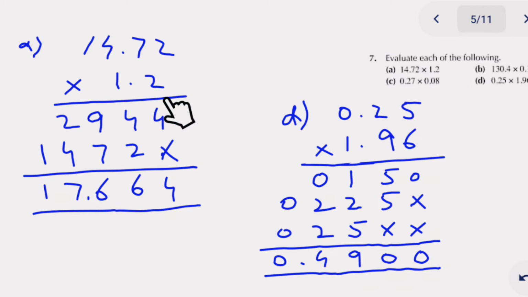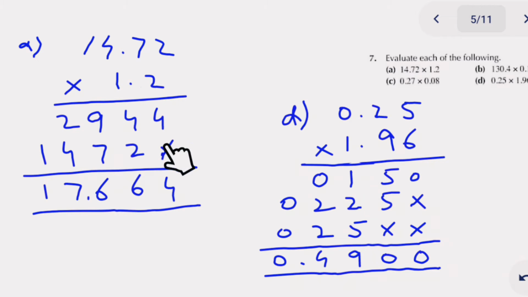In this question we have to multiply the two numbers, and the two numbers are carrying the decimal. So 14.72 is multiplied with 1.2. So when we multiply, like simply what we do in a simple multiplication, like 2 twos are 4, 7 twos are 14, 4 and 1 is carry, 4 twos are 8, 1 carry is added in this 8 to become 9,